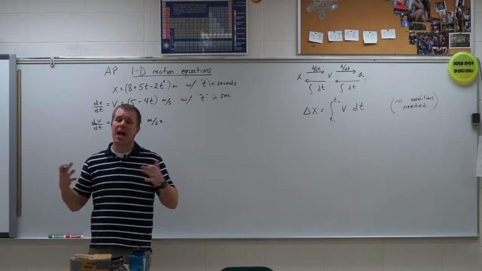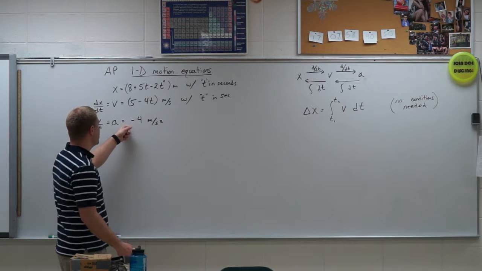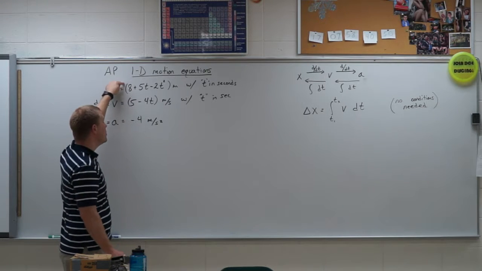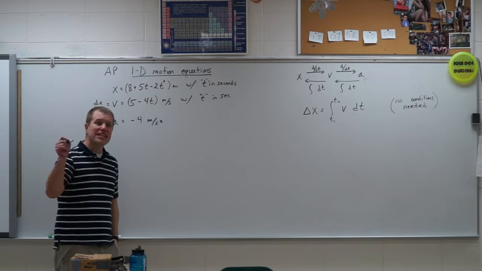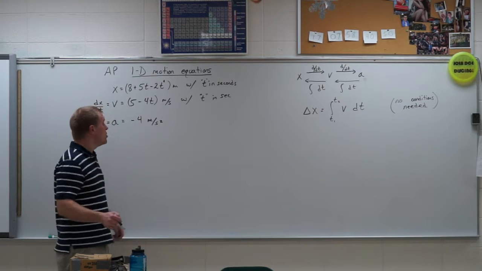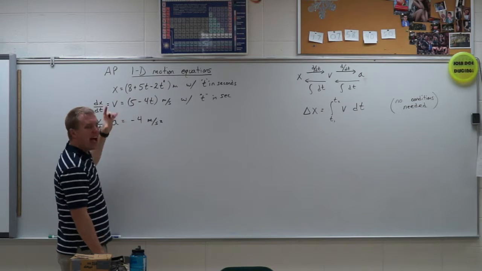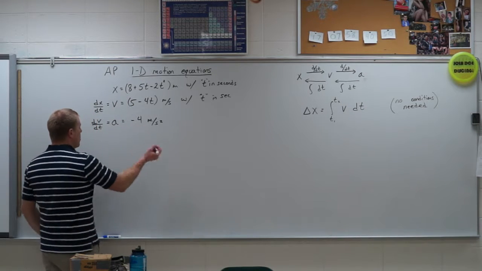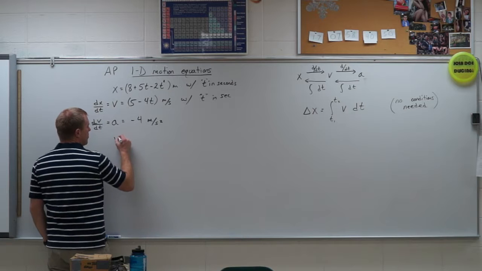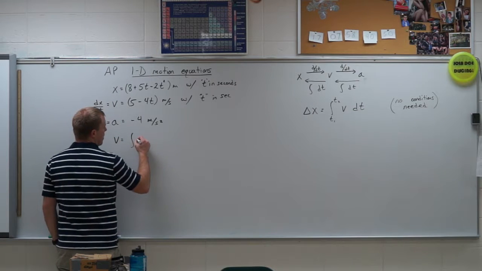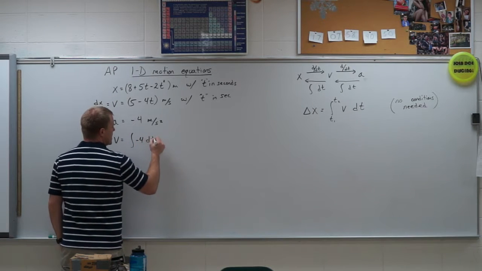So what if I want to go backwards? What if I want to start with an acceleration function and I want to get back to this function? Now notice we did lose some information. So we need this information. We need to figure out what is that 5 and that 8. How do we get those back? So when we take our integral, so the velocity is going to be the integral of negative 4 dt,